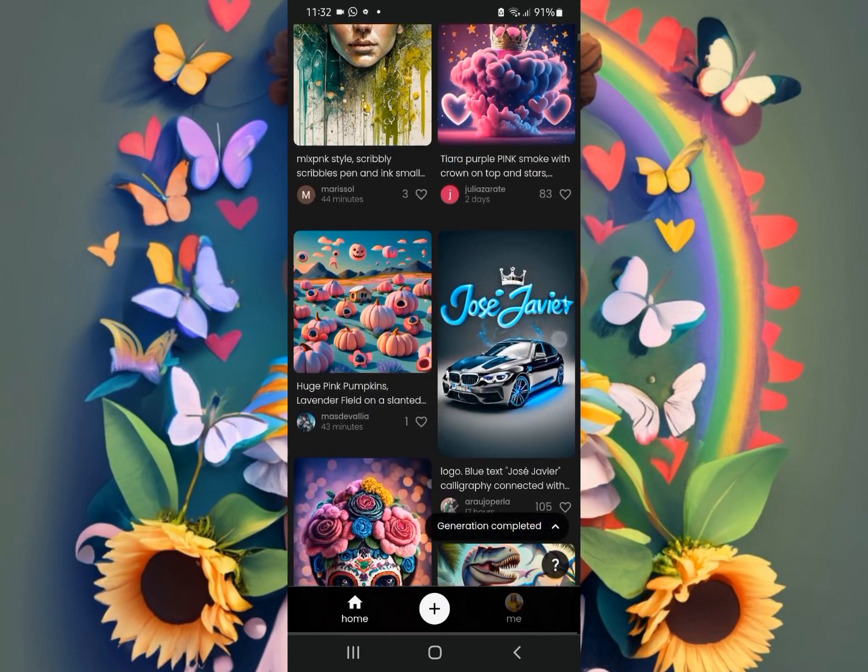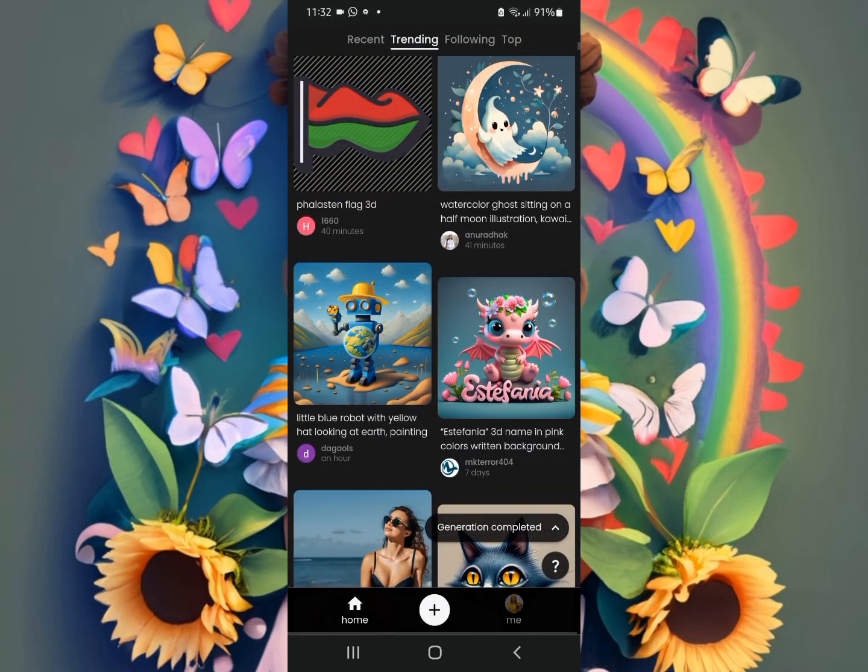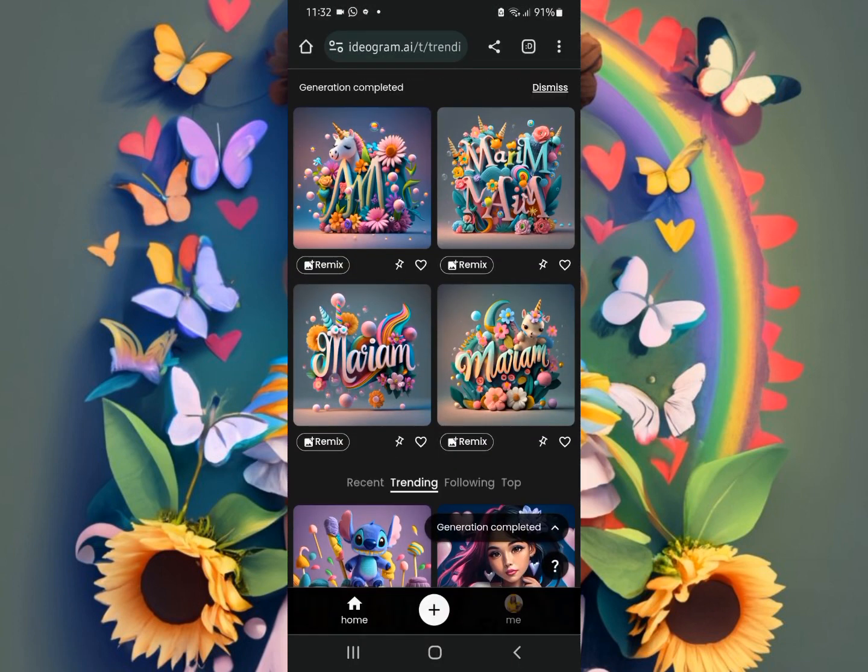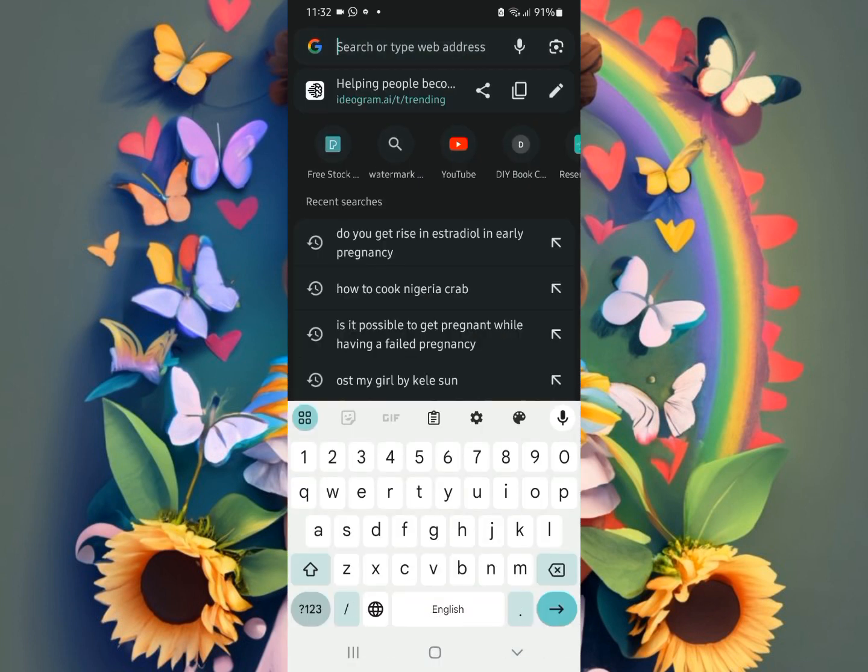A template. A lot of templates here that you can customize. Guys, this is so beautiful. So guys, I don't know whatever browser you use, but for me I use Chrome. So you just go to your Chrome and type